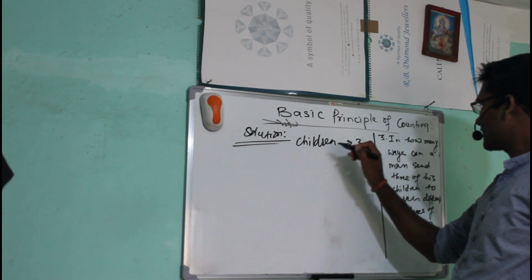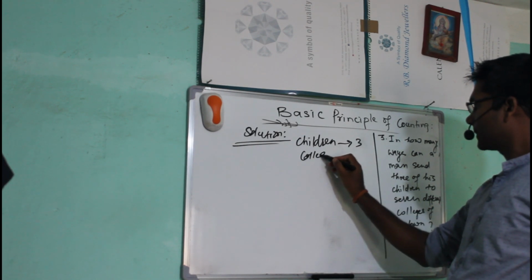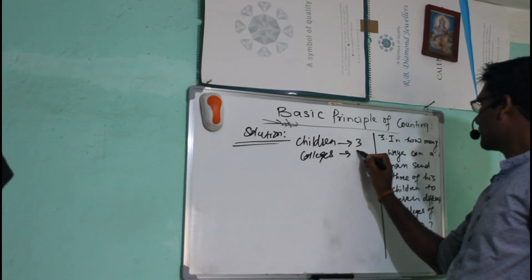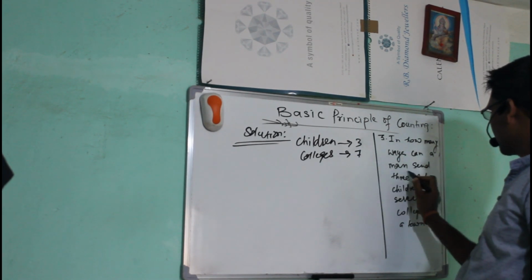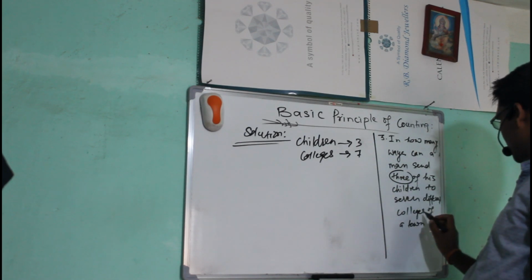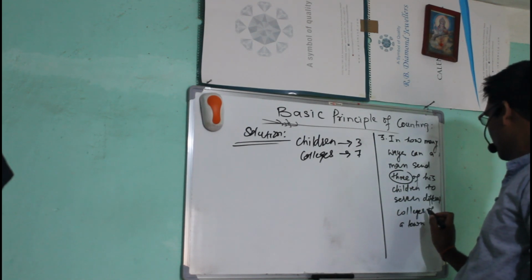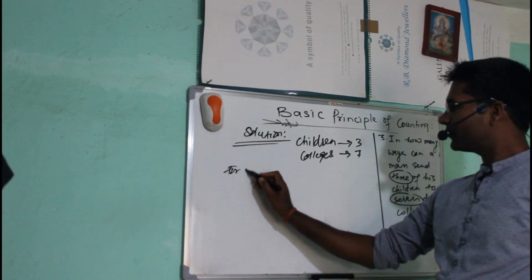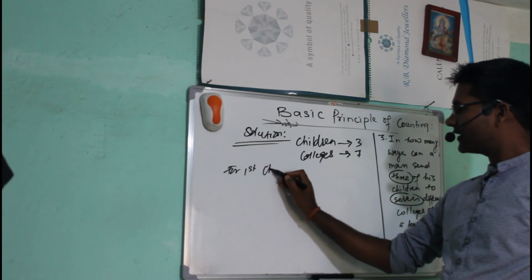The number of children is 3 and the number of colleges is 7. Okay, 3 children and 7 colleges. So that means for the first child